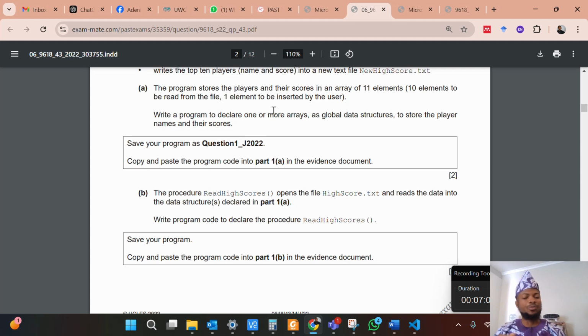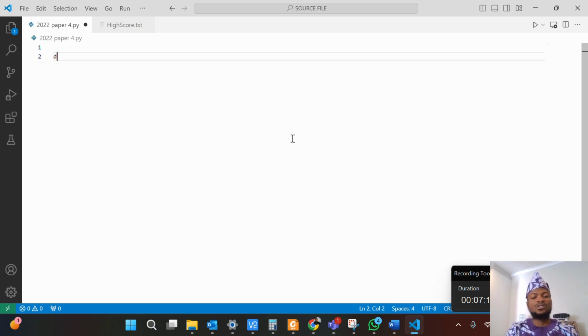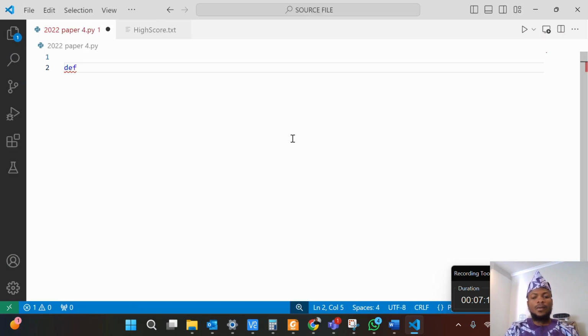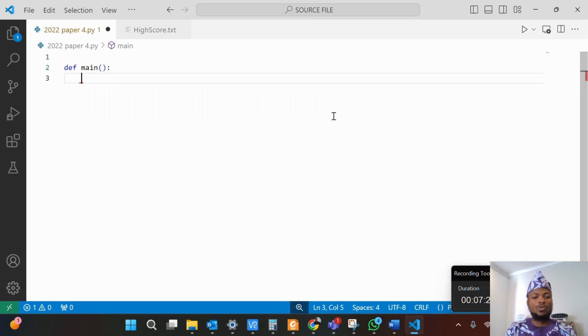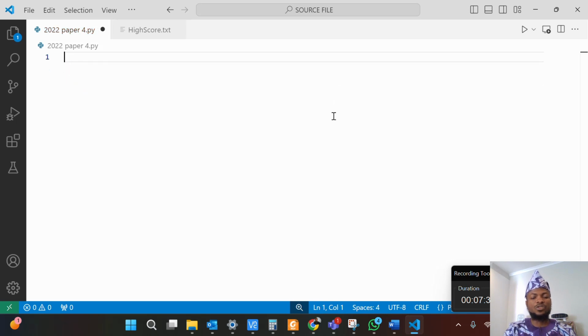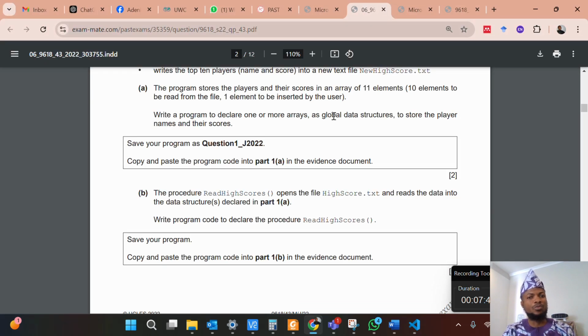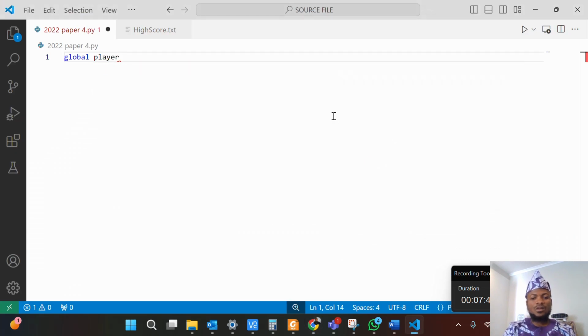And should that be in the main program? Yes, that should be in the main program. I told you that whenever you're writing the main program, always put it in a function. So I write def main. So we have to declare an array. Then I can say player, global, a global variable. No, I don't have to put this in the main function first. The question never says main function or main program, so let me follow what the question is saying. So let me just write global player